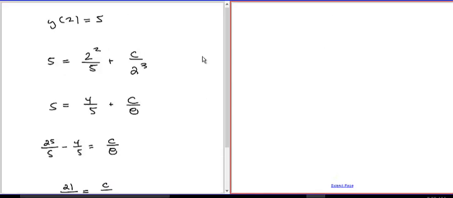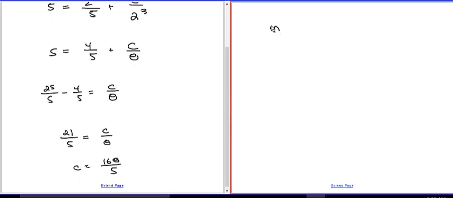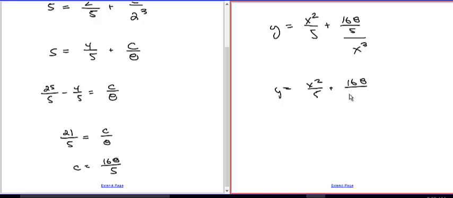And then finally, I want you to write out the final equation. So once you've found c, then you can say y is equal to x squared over 5 plus 168 fifths divided by x cubed. Or I guess it would look better if we just put that in the denominator. 168 over 5 x cubed would work out. Okay, so that's